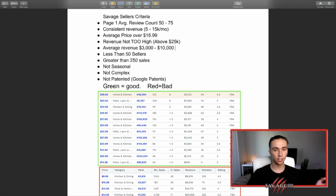This is a big one. This is a new one. Less than 50 sellers, guys. I don't see a lot of people talking about this. I think maybe Yaniv talked about it once. Maybe Matt, forget his last name, Laberstein, something like that. He said something about it. I'm not seeing it around, and this is something that needs to get out there. Less than 50 sellers, guys. Anything over that, and it's like